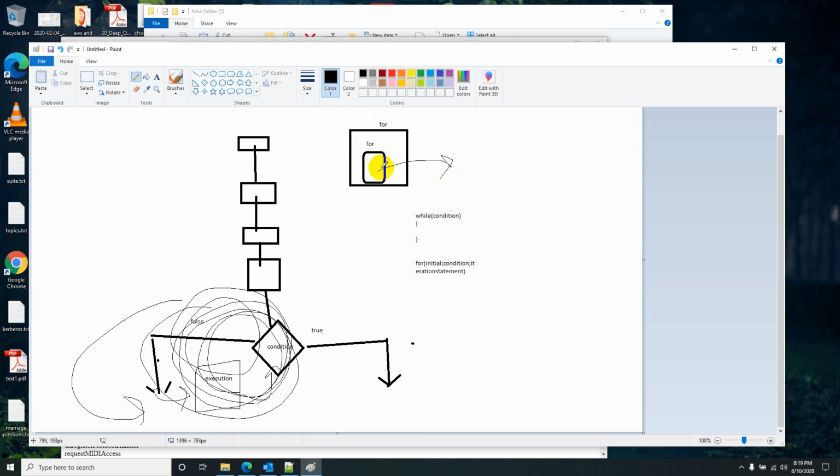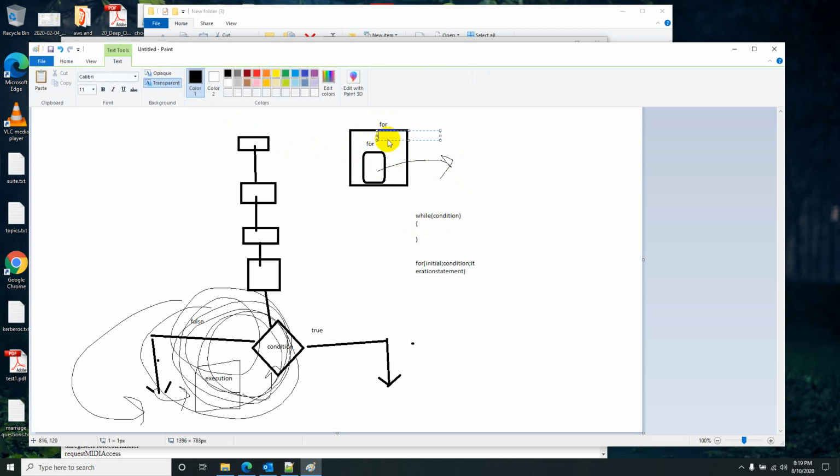Let's say from this inner for, if I want to break the outer for, what I need to do is create a label for it. Before the outer for loop, I can set a label, like outside loop. You can keep a colon to make it a label, then the inside loop.